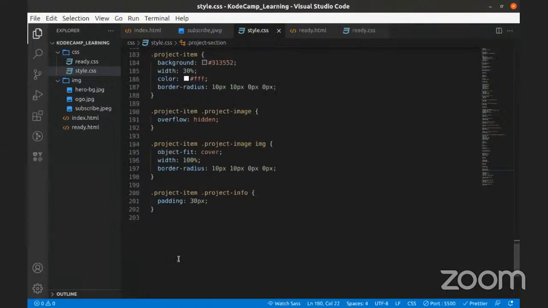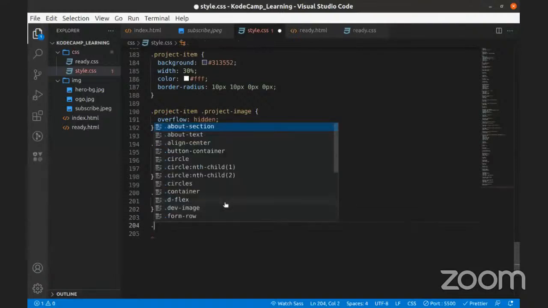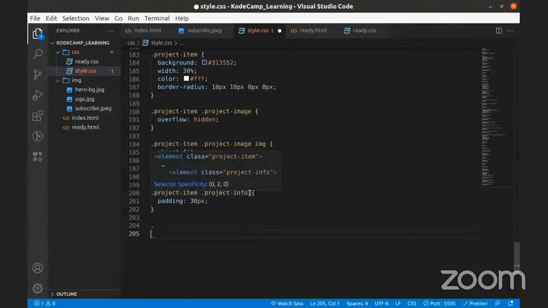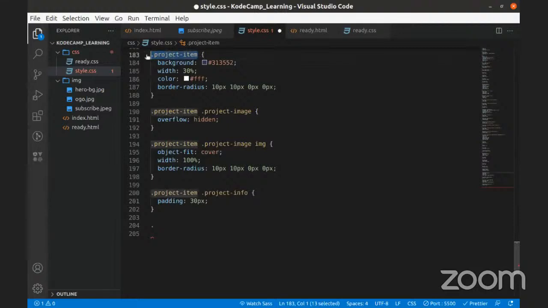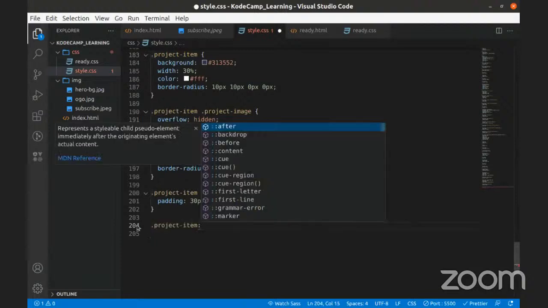So that's a pseudo class. The pseudo class basically affects a particular element when you're, for example, hovering. There are a lot of them. So we are saying when you hover on this project item, so here now, when you hover,